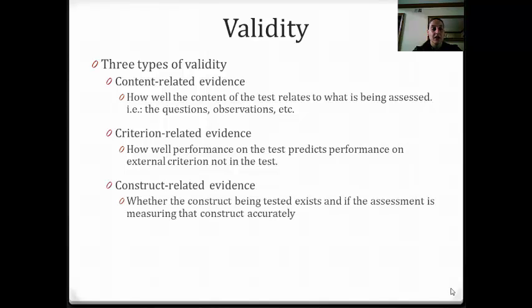Okay, and then the last type of validity is construct-related evidence, and this relates to the extent to which the empirical evidence confirms that an inferred construct exists and that a given assessment procedure is measuring that inferred construct accurately. So what we mean is that if we take an area of skill like reading, and we identify that, okay, to be good at reading, you have to be good at spelling, you have to be good at, let's say, phonological awareness, you have to be good at...